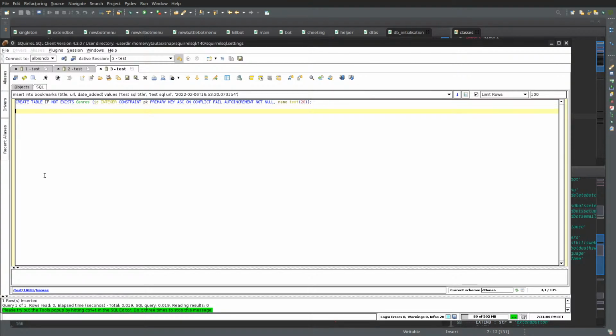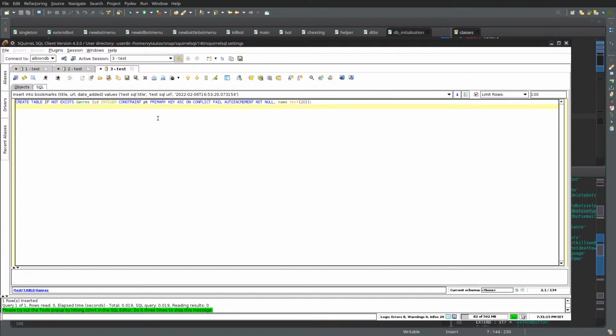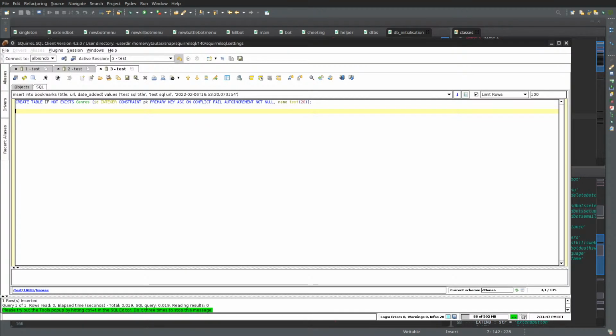So instead of writing just a string in Python and running it and seeing if it actually passes, you can do this in a SQL aware environment, which knows what a SQL statement should look like, understands the keywords, does the coloring, suggestions and so on. But eventually you would have to translate it here anyway. If you're doing your own quick and dirty project, it probably is fine, and that's what I did for my